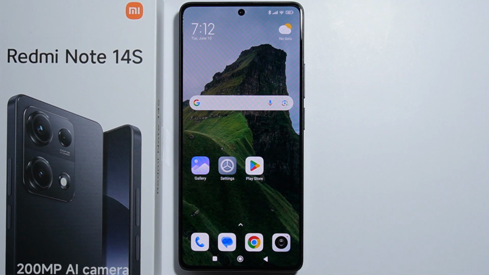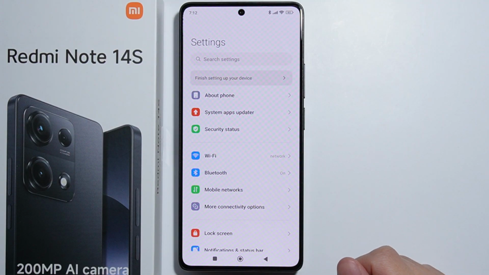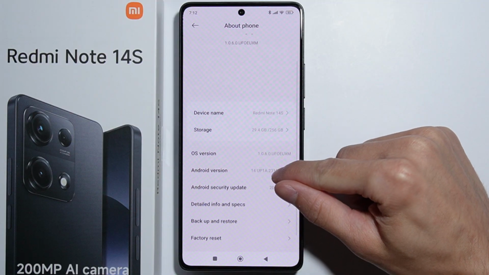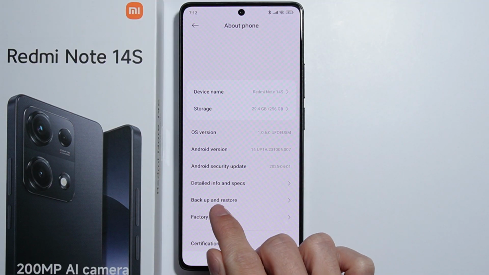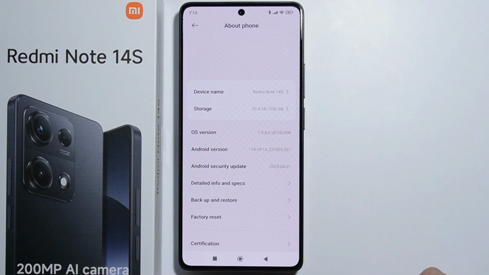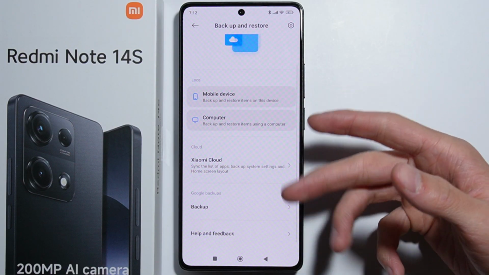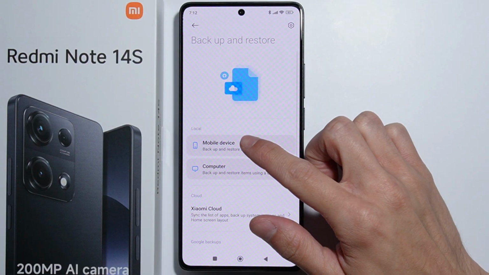To perform data backup on the Redmi Note 14S, all you simply have to do is first go into the settings. From here you will have to go for About Phone, and from here scroll down and you will be able to find this backup and restore settings. So let's go in there, and from here you can perform different types of backups, like the local backups on